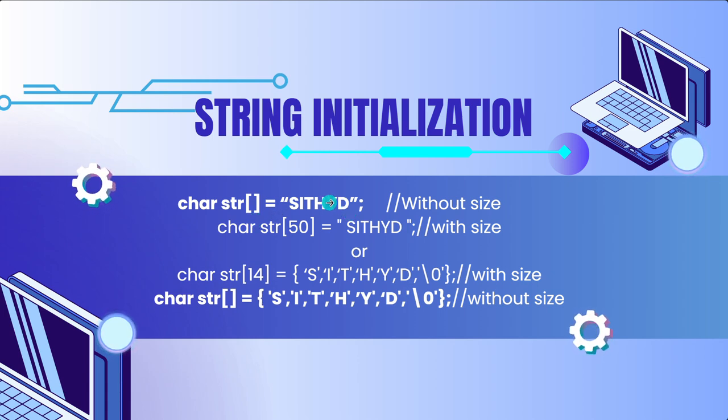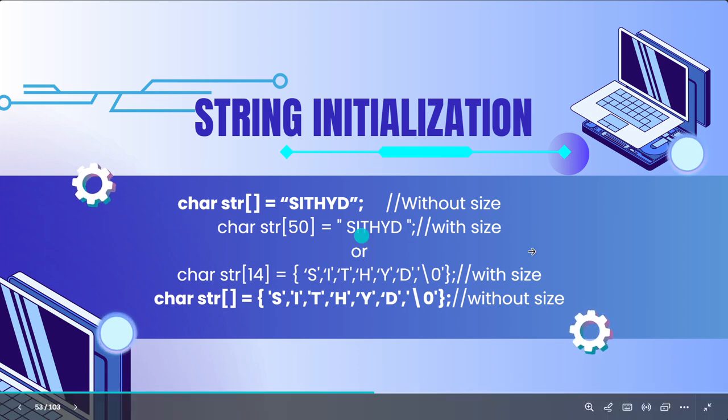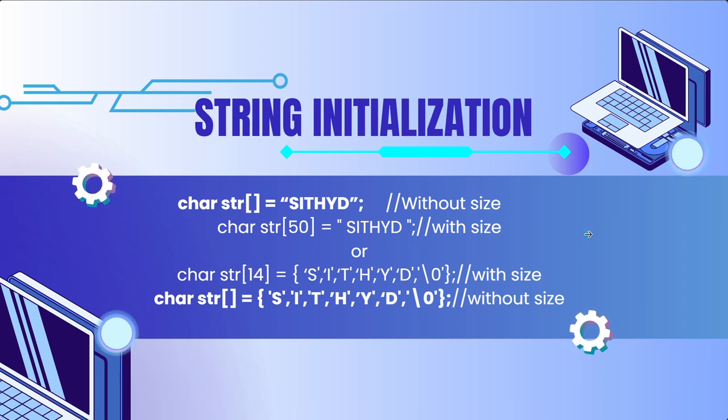This will be saved automatically as SITHYD. All these ways are actually the same. Here we are using a size which is 50, with the curly braces and without the curly braces. All of these are correct. You can use any way which you are comfortable with. Moving on,